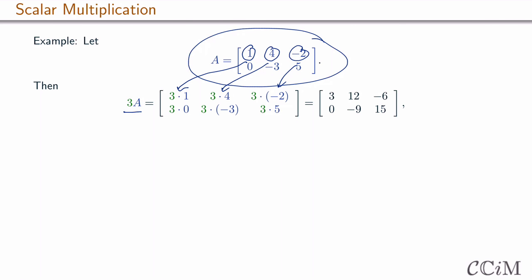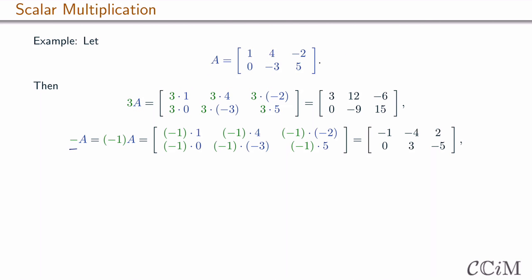In the end, we have 3 times 1 equals 3, 3 times 4 equals 12, 3 times -2 equals -6. For the second row, we have 3 times 0 is 0, 3 times -3 is -9, and 3 times 5 equals 15. Similarly, the matrix minus A, which is short for -1 times A, is obtained by multiplying each entry